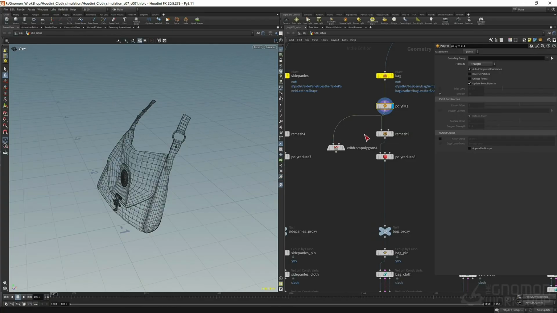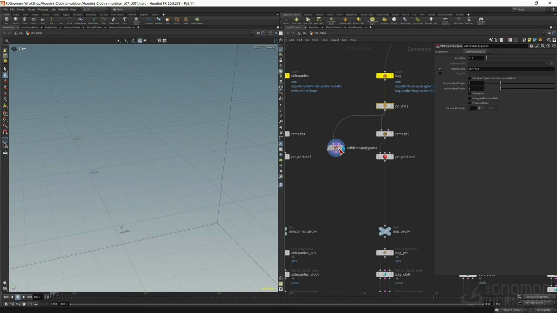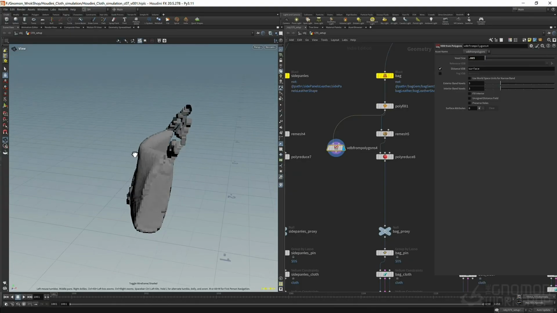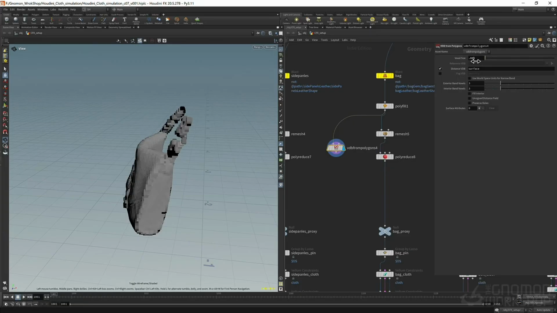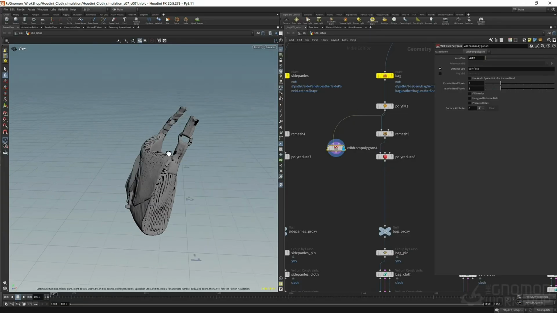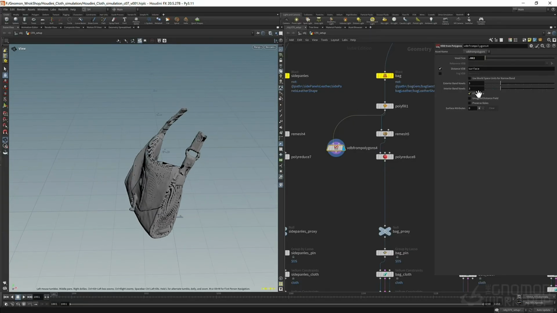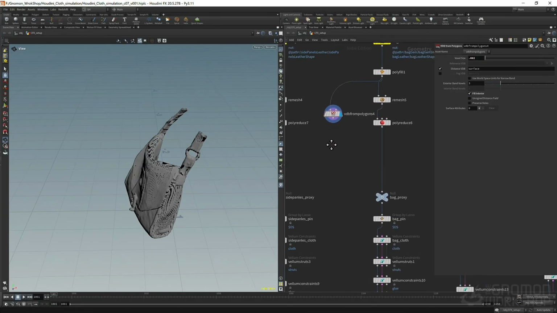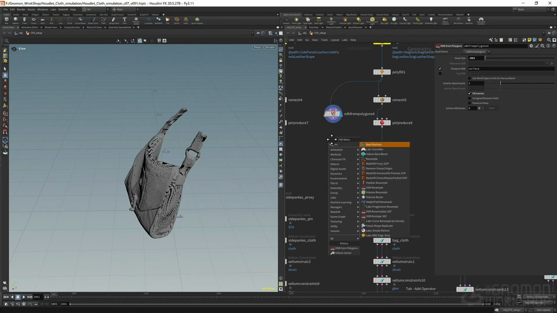We'll pipe this directly here, and we'll add a VDB, 1.5. I think this is not enough. 1.002 is good. Fill interior,